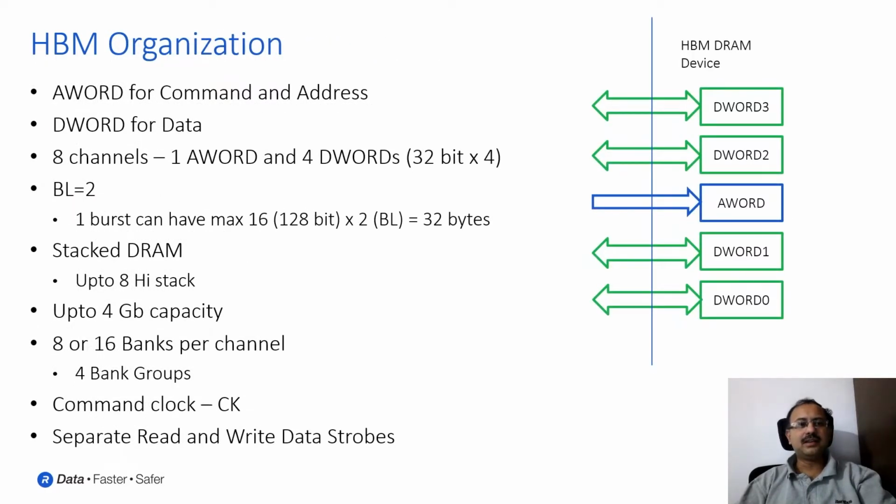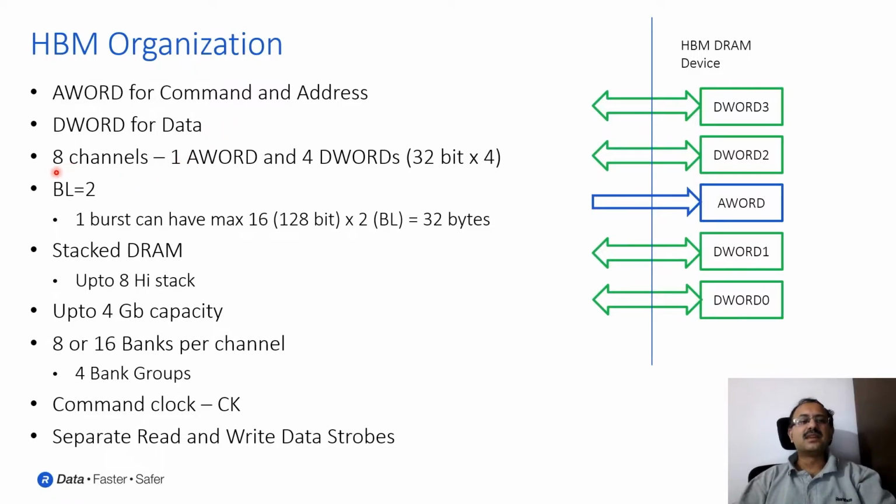So let us now look at the HBM DRAM organization. We will go generation by generation and first look at the first generation of HBM. In the first generation of HBM DRAMs, they were organized with A words and D words. Some of this architecture is still carried forward. The A word, D word is especially carried forward even in the future generations. The A word consisted of the command and the address, and the D word was used for data. And this also included some control signals which are used to qualify the data, and also included ECC or data